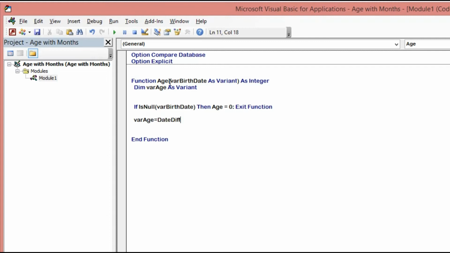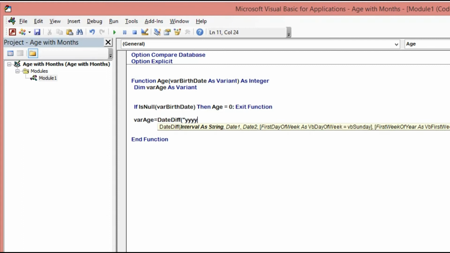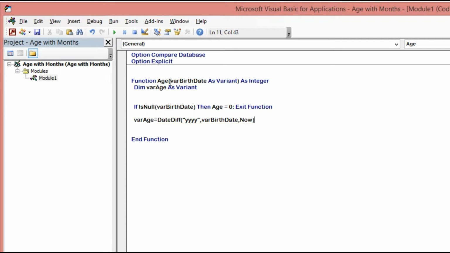So now we will put here the year, then our varBirthDate. So this is the birth date. Whatever the difference between our birth date and Now, which is the current year